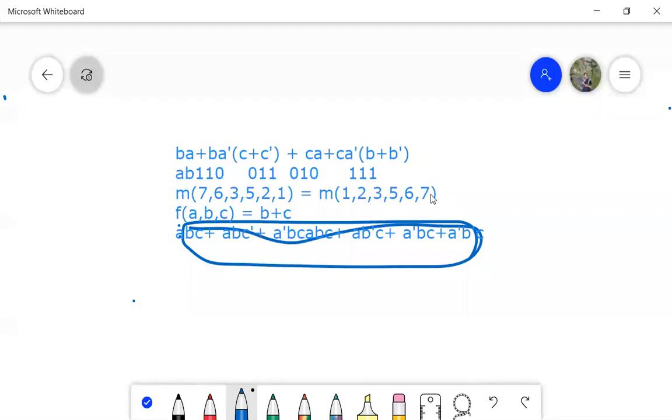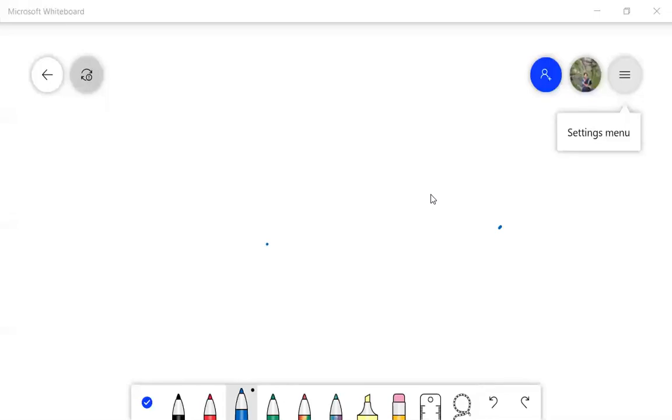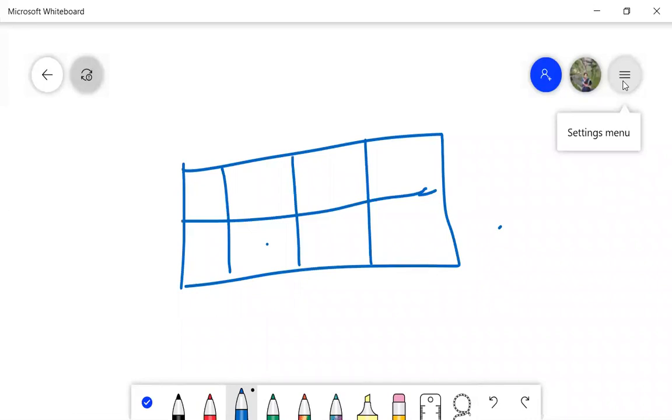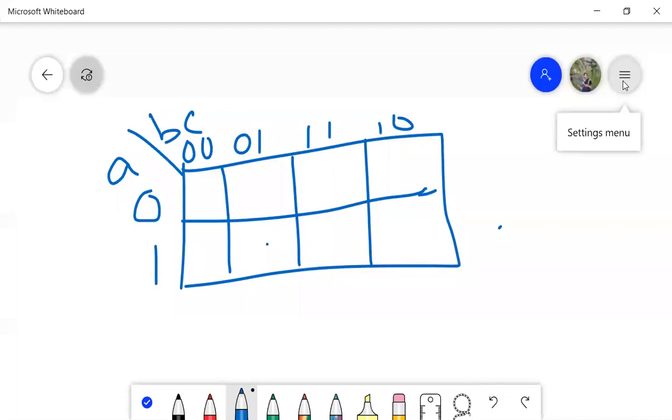So let us draw the K-map now. How many variables do we have? F of A, B, C, it is a 3 variable function. So a 3 variable K-map I have to draw, which we have already discussed in the previous class. The variables are A, B and C. What should I write here? 0 and 1. Here this will be 0, 0, 0, 1, 1, 1, 1, 0, as per K-map settings.